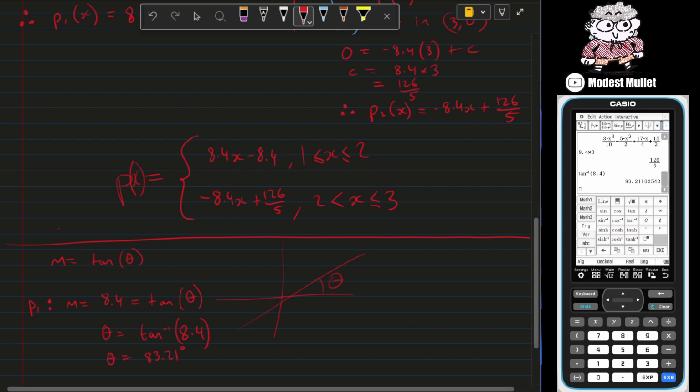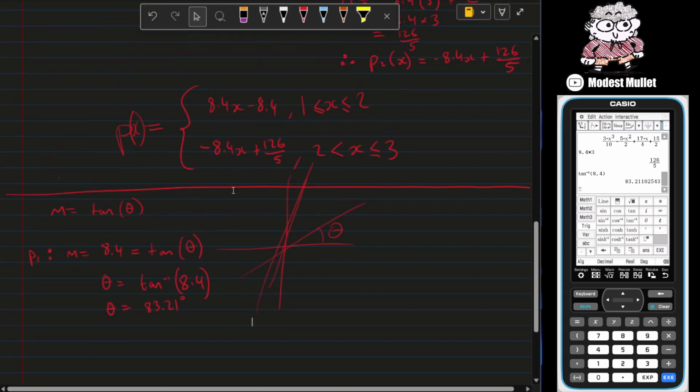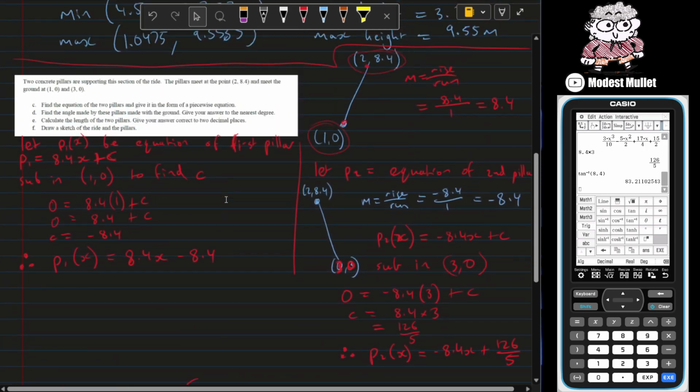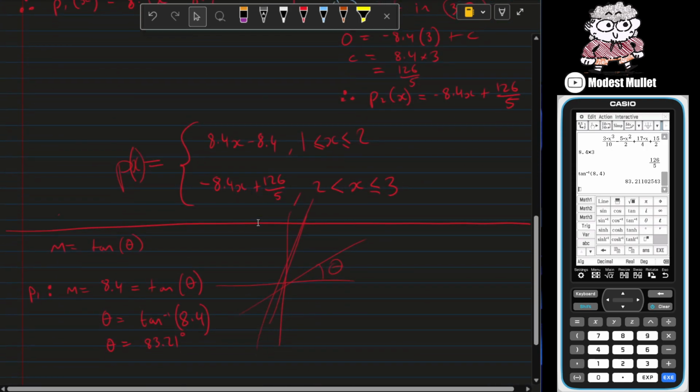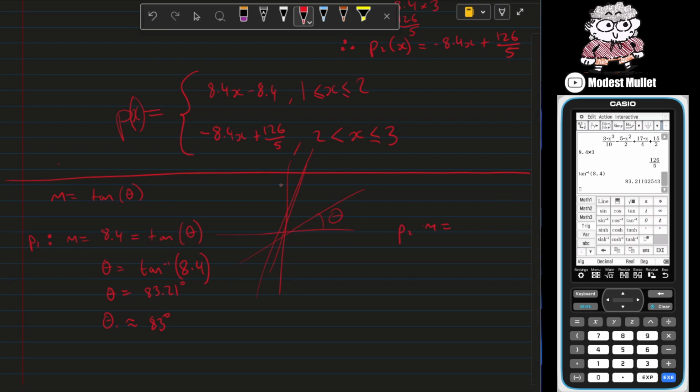Well, yeah, a gradient of 8.4, it is a very straight up and down line like so, which matches what's happening here. Even with the scale skewed axes, it's a very steep line. So that's the angle that it makes with the ground, and how many decimal places gives your answer to the nearest degree. Okay, so theta 1 is roughly equal to 83 degrees, and for our second pillar, P2, m is